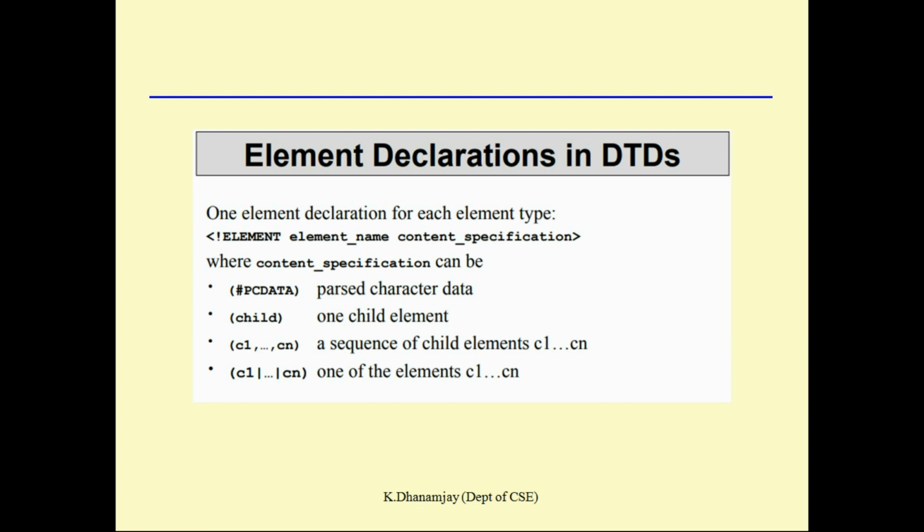Okay, the first one is parsed character data, which is the text found between a start tag and an end tag of an XML element. Mainly, PCDATA is text that will be parsed by a parser and examined by the parser for entities and markup.